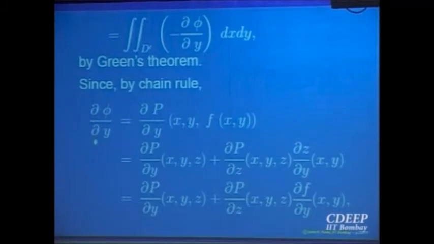So calculate the partial derivative by chain rule. This is a chain rule application, right? It's a function of two variables. So the partial derivative with respect to y, with y as y of z. When you want to compute with respect to z, dz by dy will come. But what is z? Z is f(x,y). So that is the partial derivative of f with respect to y. And that is the term you wanted.